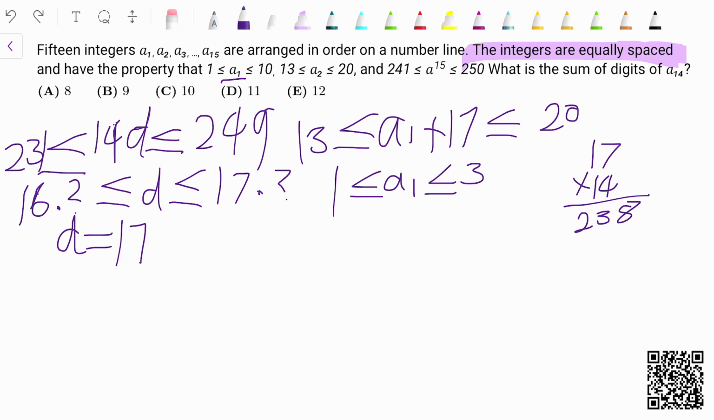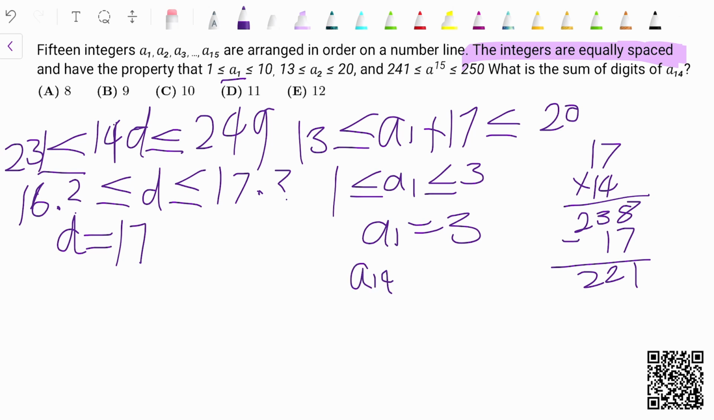Since A1 can only be 1, 2, or 3, if we use 1, you get 239, that's too small. Using 2, you get 240, also too small. It only works when you reach 3, just barely, at 241. So this means that A1 must be equivalent to 3. Now we just need A1 plus 238 minus 17, because that would be 13d, which is what we actually need in this case. If I minus 17 here, this is 221. So 3 plus 221